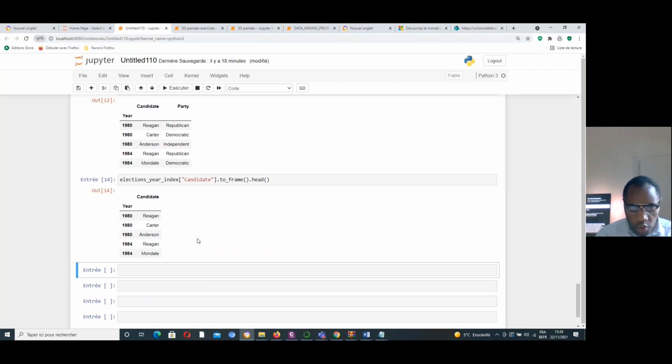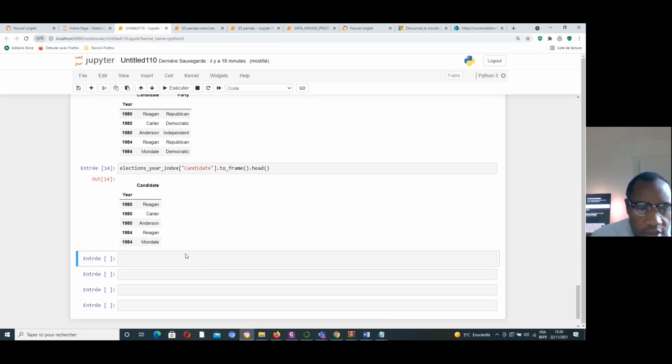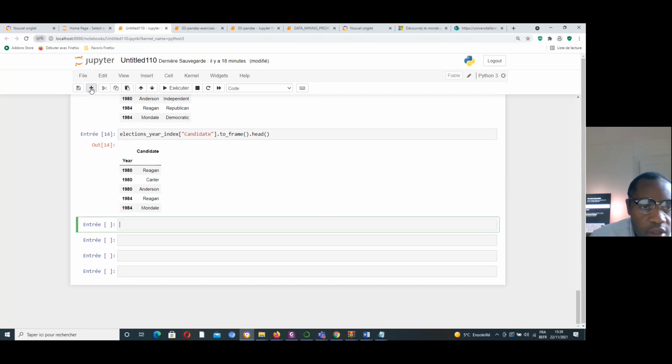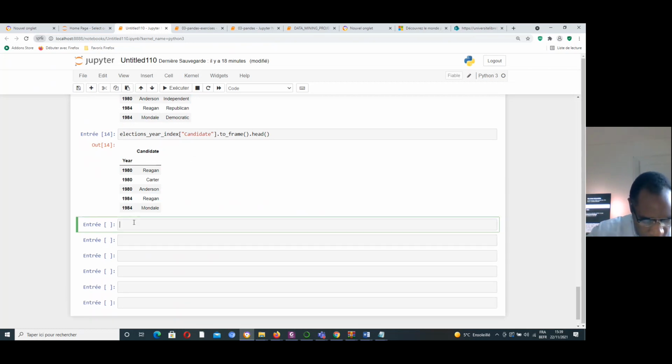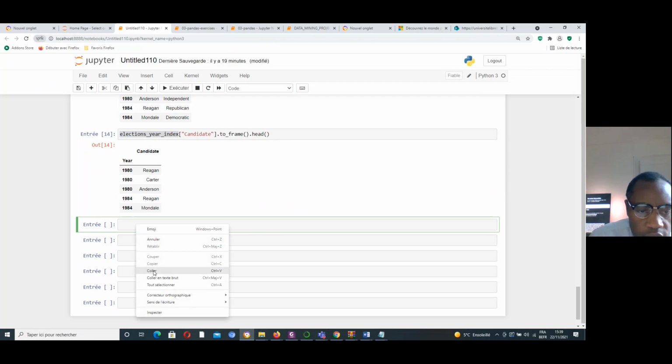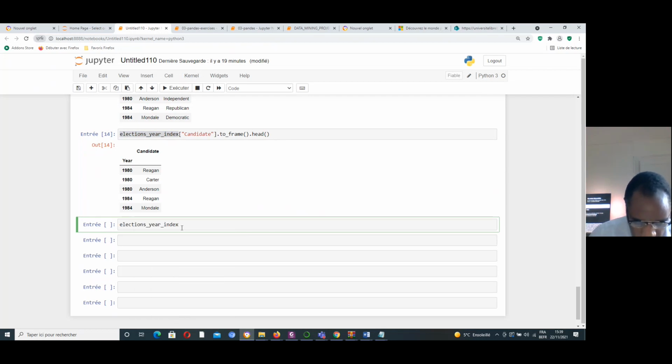The operator also accepts numerical slices as arguments. Let's show you a small example. Just drag and put here, just enter a numerical.